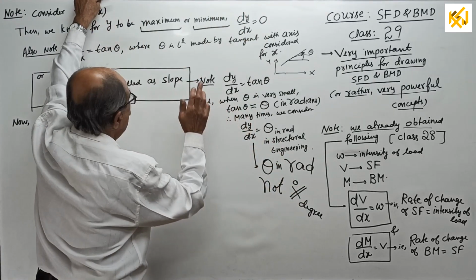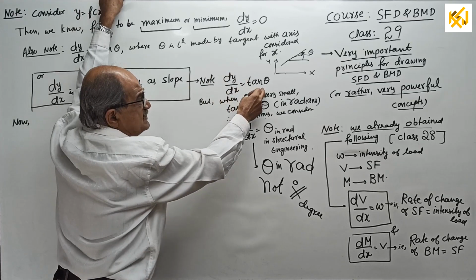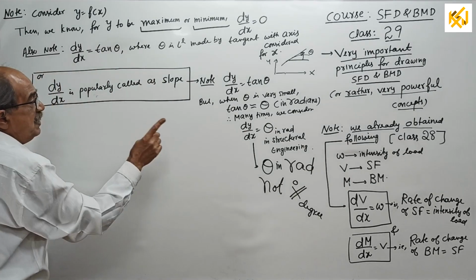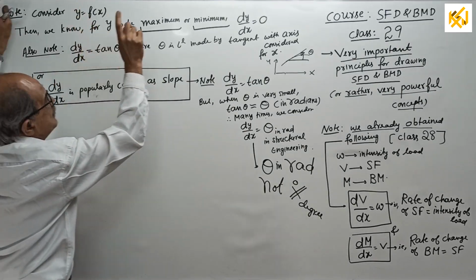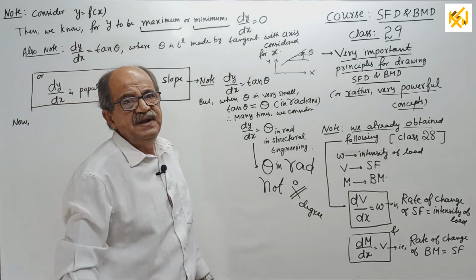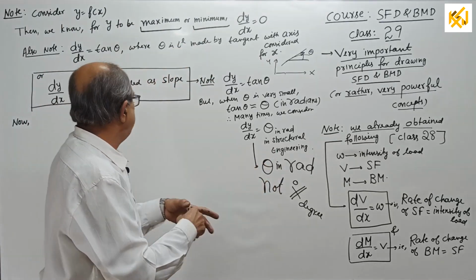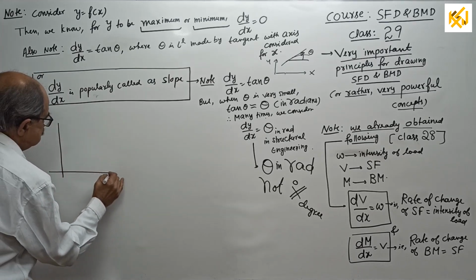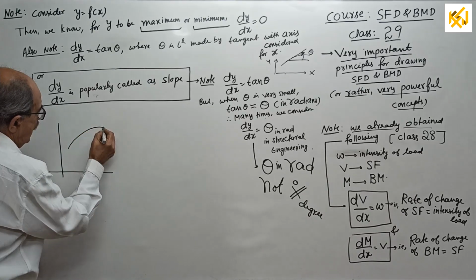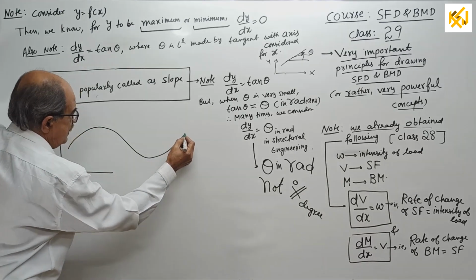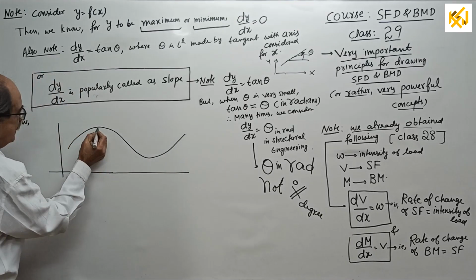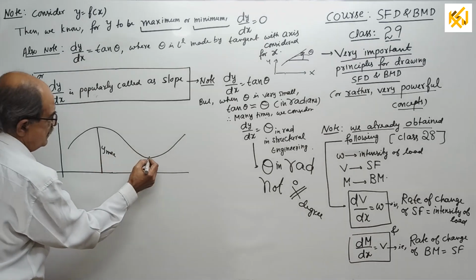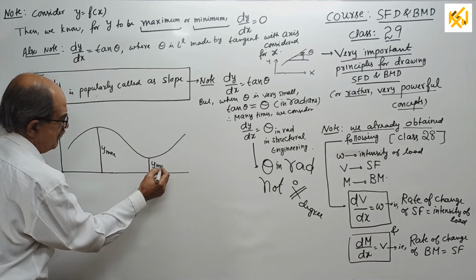So it is in radians. So usually what you do, we use the term dy by dx as tan theta or slope. Over. Now, be very careful. I already told you, for a function y to be maximum or minimum, dy by dx equal to 0. So therefore, see, suppose imagine you consider a curve. A curve goes this way. And it can come this way also. See, consider two ways. Now, this you can take the maximum value, y maximum. This I will take y minimum.